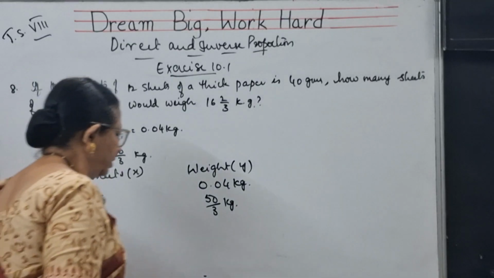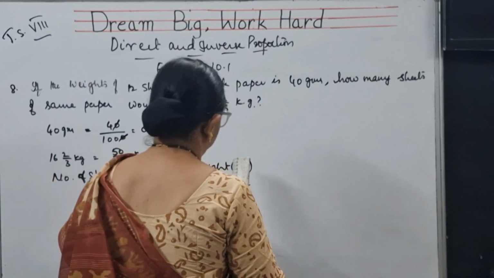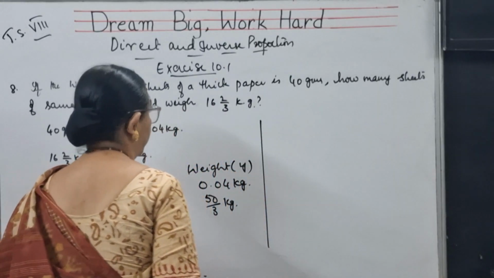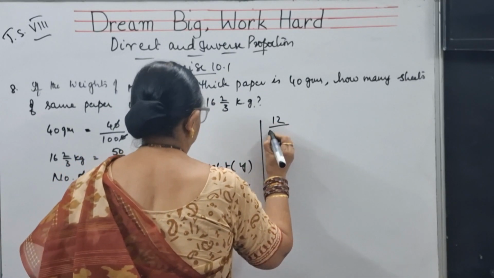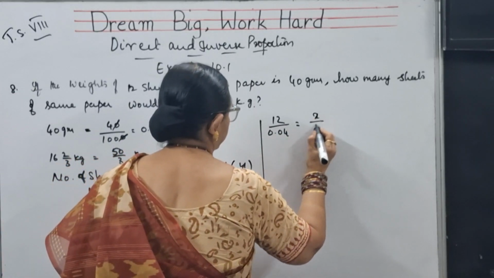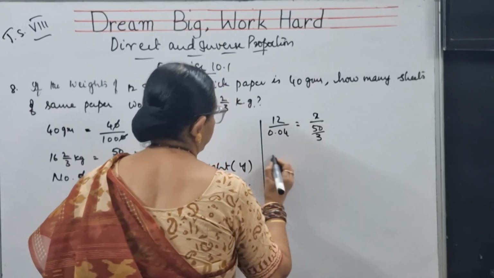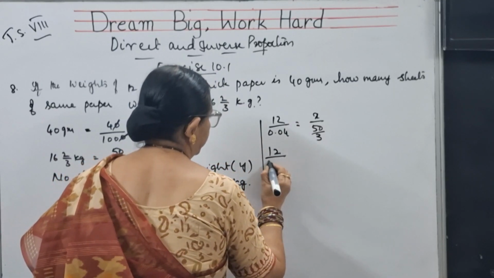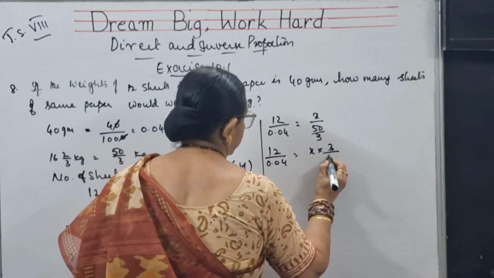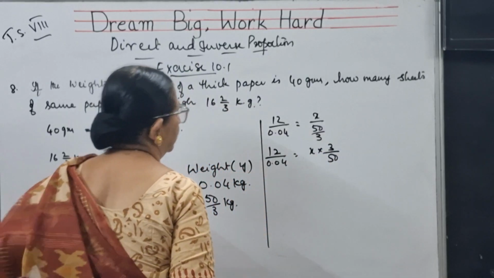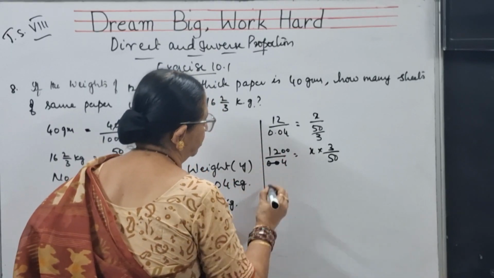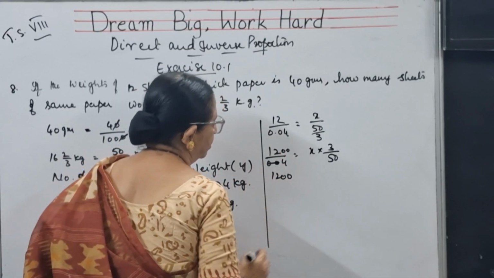So let us continue our sum here. x by y is constant. So here 12 by 0.04 is equal to x by 50 by 3. That means 12 by 0.04 is equal to x into 3 by 50. I can keep two zeros here so that the decimal will be cancelled. 1200